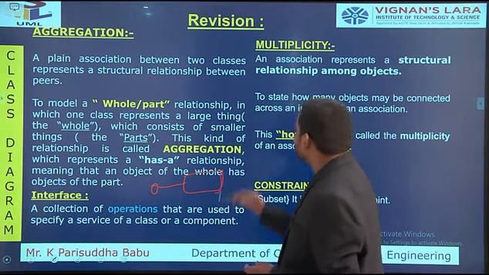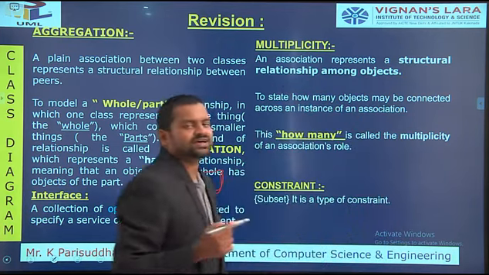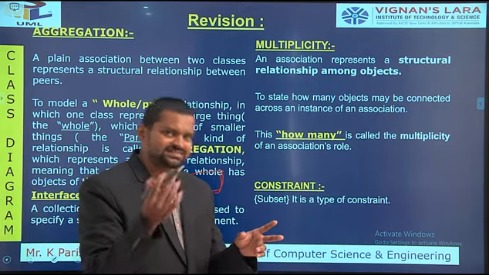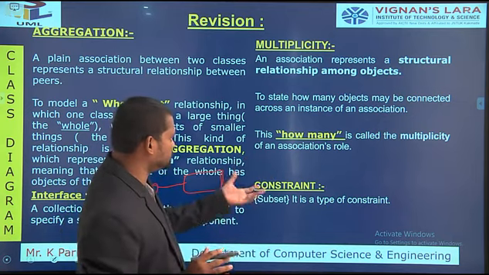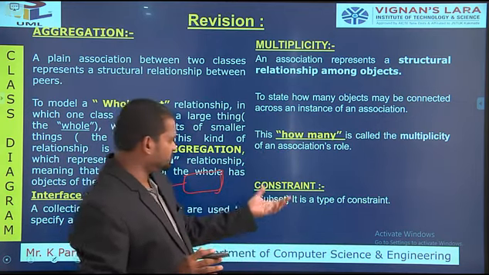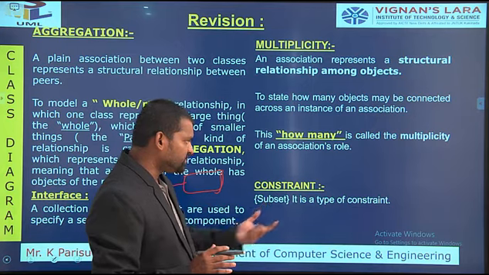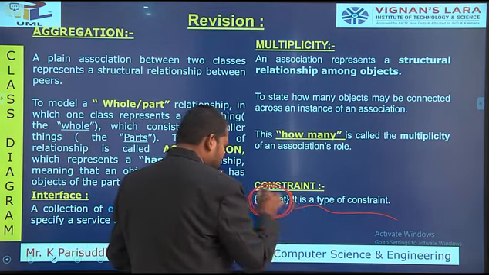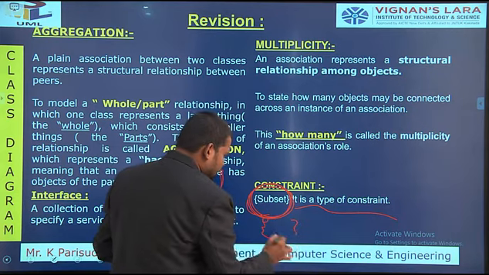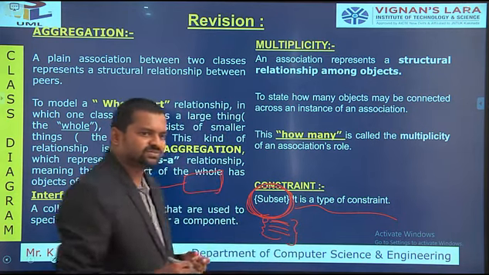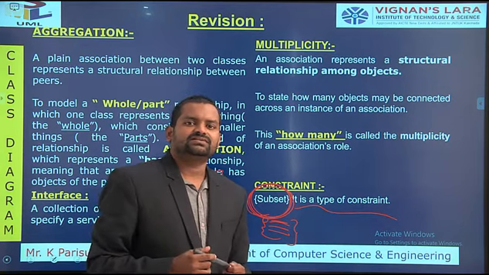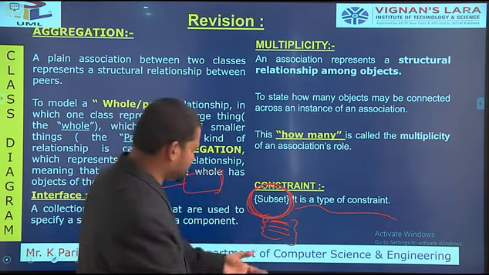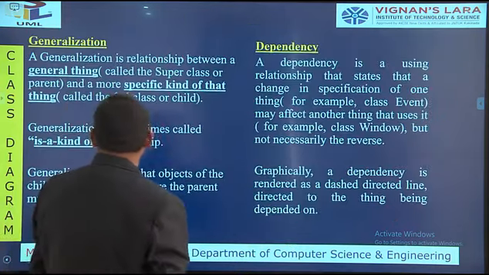Interface. And you also use multiplicity among the associations, between different classes or collaborations. You use association, and multiplicity represents how many. Constraint is a type of constraint, a structure that is used in between square brackets. You give some information for that particular class or relation. You use constraints, interfaces, multiplicity, different notations.